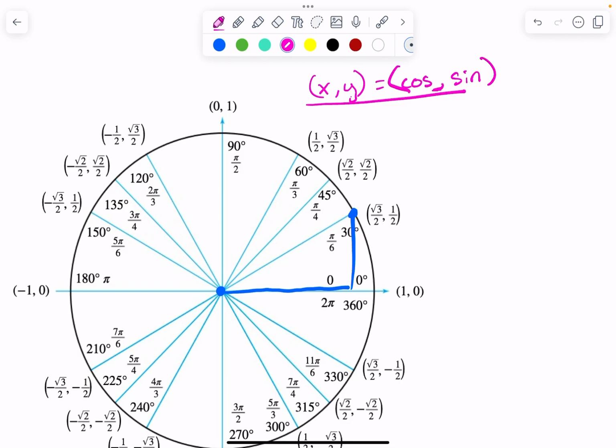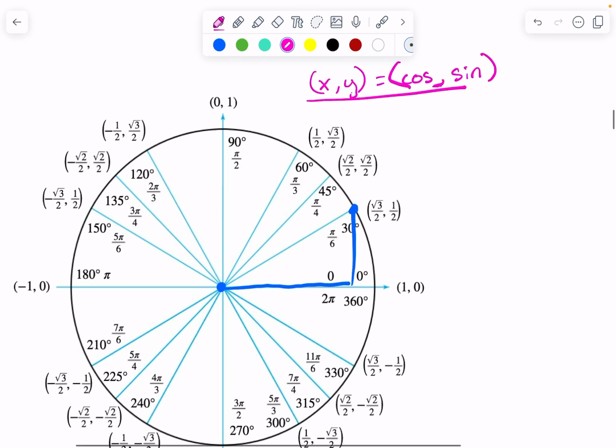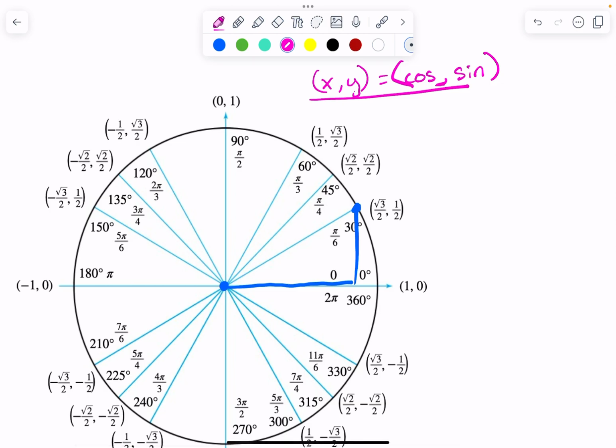So the way that this unit circle works is that it's trying to help you be able to do things without having to type everything into your calculator every single time, okay? So let's say I'm trying to find cosine of 30 degrees. I could type into my calculator cosine of 30, right? You can do that. And it's going to give you a decimal,